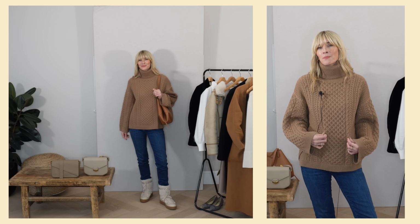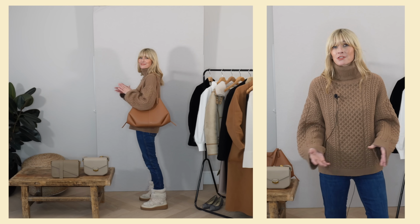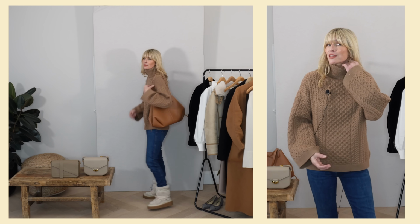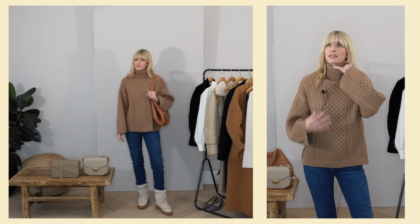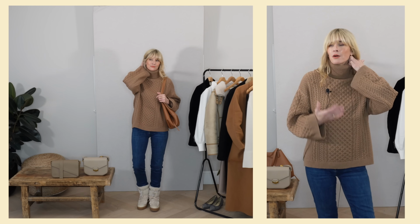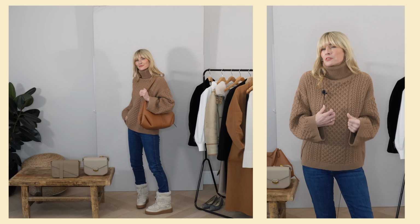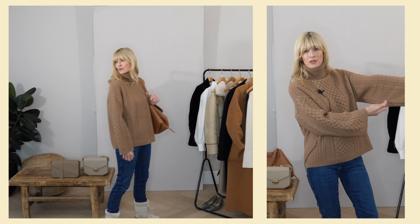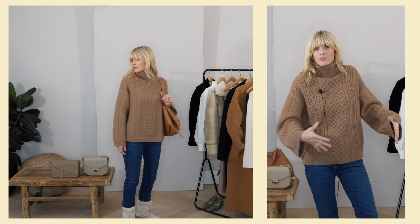Okay, so this is my it's freezing outside, I cannot take the cold anymore kind of outfit idea that I've been wearing recently. And in fact, actually, this jumper alone has become a bit of a go-to since I've got it into my wardrobe. It is so ridiculously cozy, I love it. It's quite thick actually on the roll neck portion, nicely so, not annoyingly, that it feels like it's really keeping the wind out. Obviously it's a cable knit, so that feels a bit chunkier against my skin. And yet actually at the same time, you've got quite nice wide sleeves,